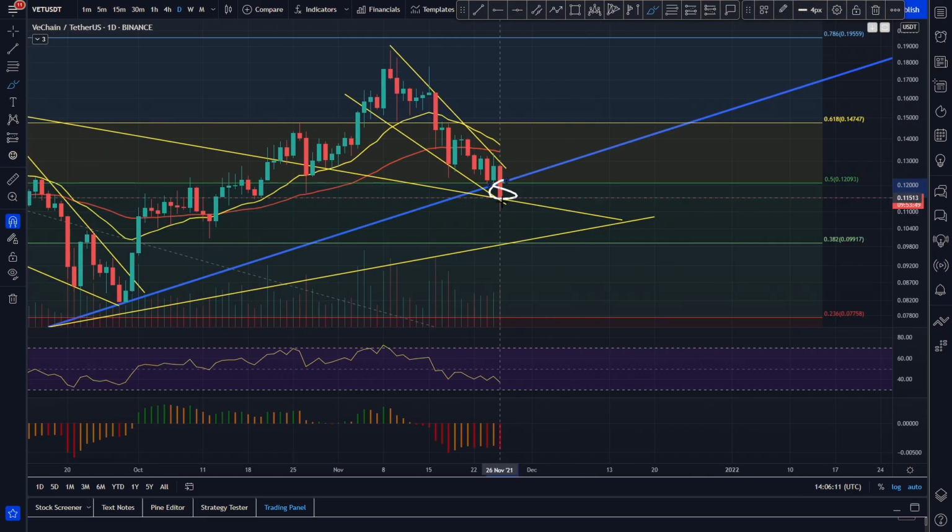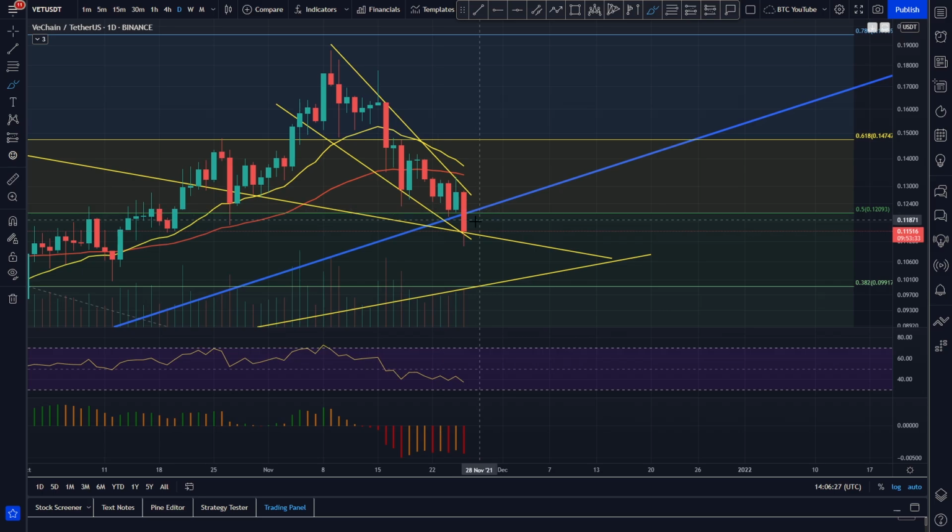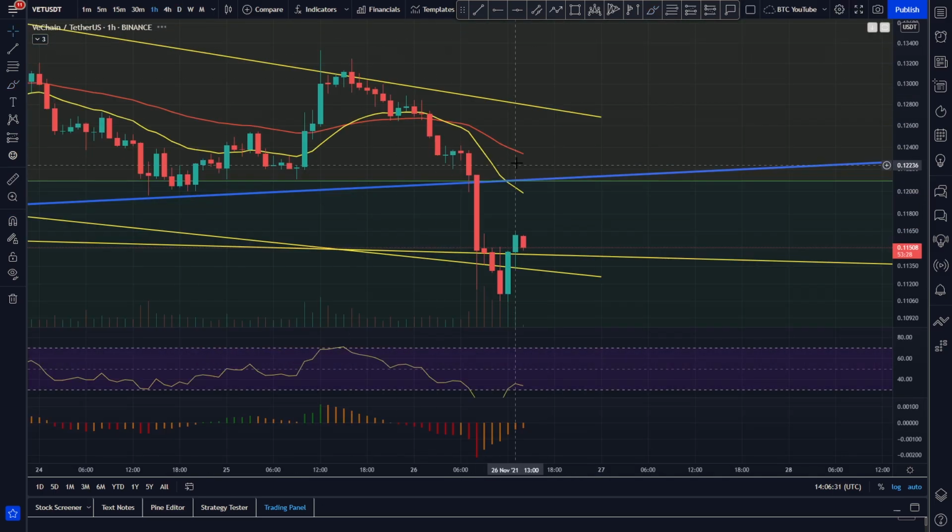You can see here we've clearly come down to around 11.5 cents. We actually had a swing low of around 11 cents there, which we did find a good bit of support on, that psychological number and in this area structure here. We come down, we find support on this area. We finally retest the pennant, and now we would be expecting, provided that the market doesn't shit itself, Bitcoin rolling